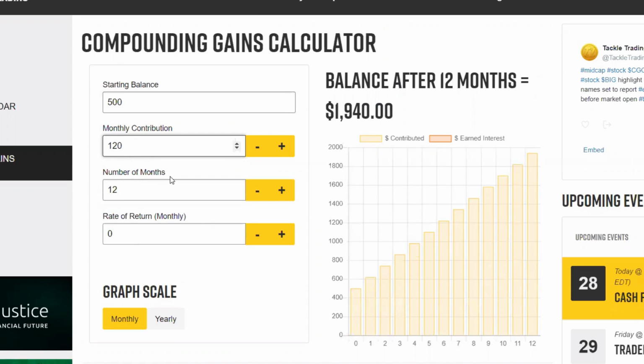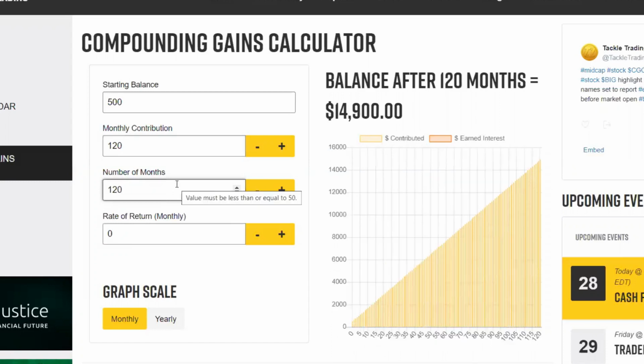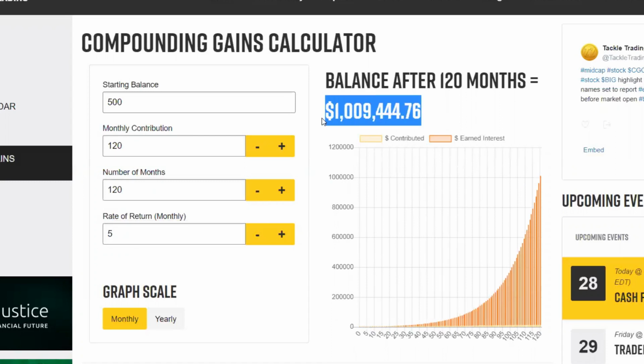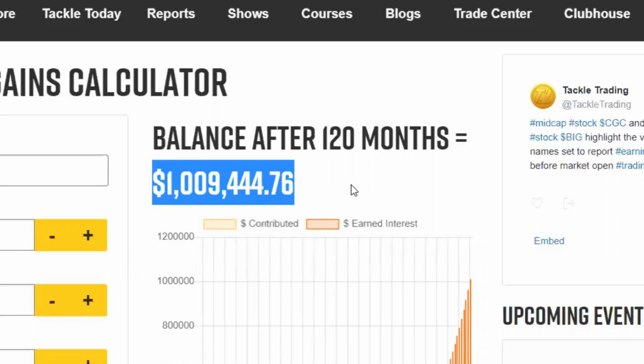That's $40 a week. Just don't go out to eat 2 times out of the week, and that's your $40 right there. And then you compound that for 10 years at a monthly return of 5%. You will literally turn $500 into a little bit over $1 million in 10 years.